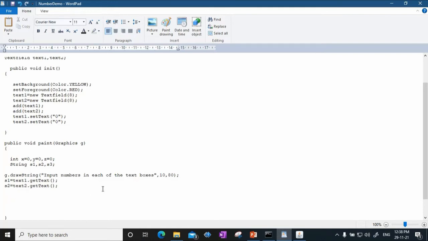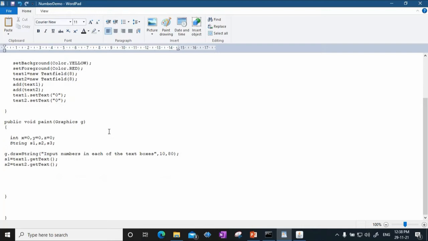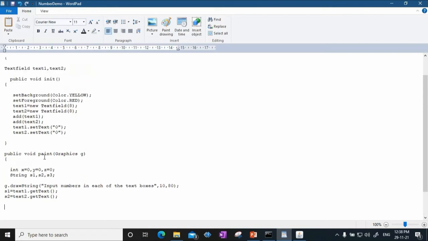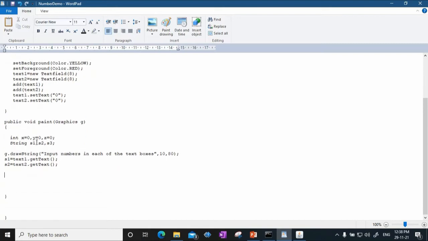But for our calculation, let's say I want to add these two numbers, I cannot add two strings, I have to convert them to integers. So the converted values I will be storing in integer x and y. I will say x equal to, and I will be using the wrapper class called Integer. I will say Integer.parseInt.